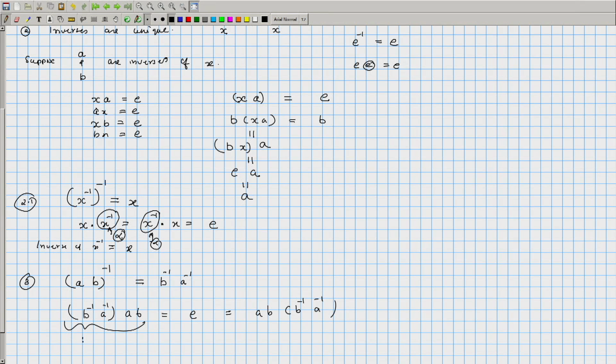Okay. So, we just need to look at B inverse times A inverse times A times B. Okay. So, the initial combination of A inverse and A will give you identity, B inverse times identity will give you B inverse, that multiplied by B gives identity. The same thing applied on the other side will again give you identity. So, AB inverse is B inverse times A inverse.